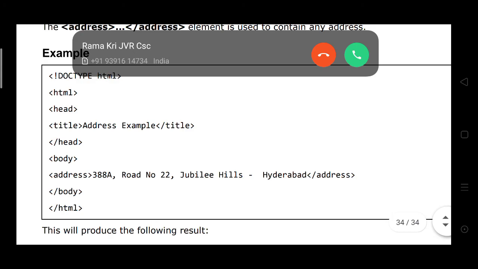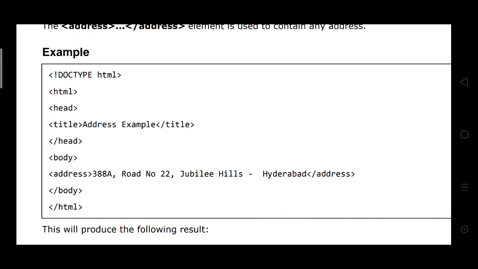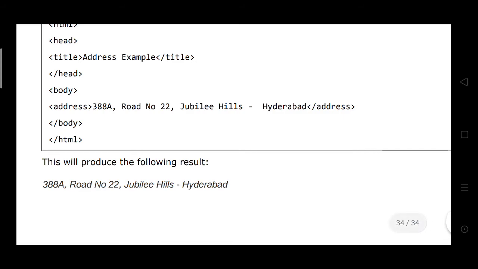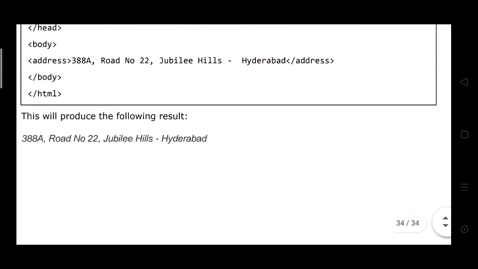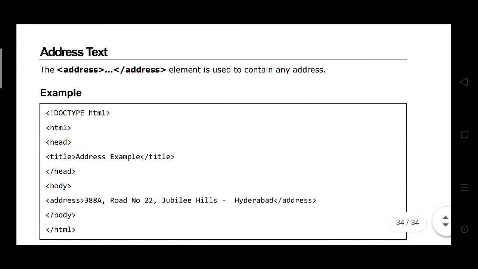These are the address of the program, address of the person. Then the body and the HTML. Here it displays the address only. This is the address text.